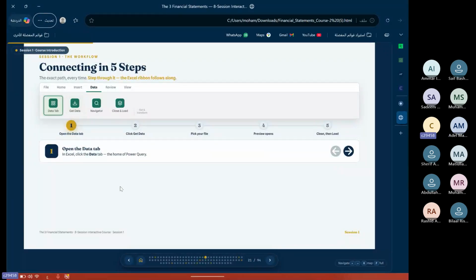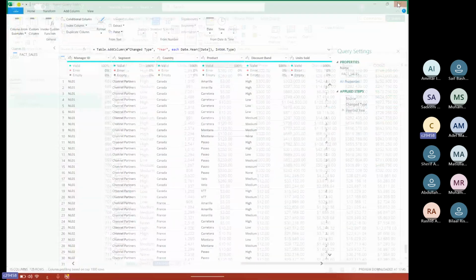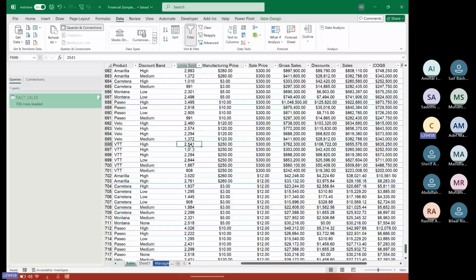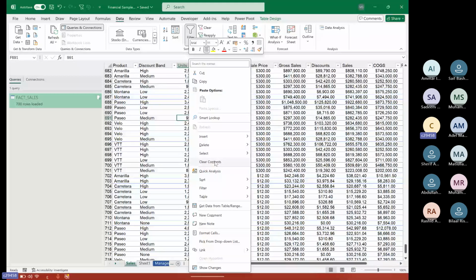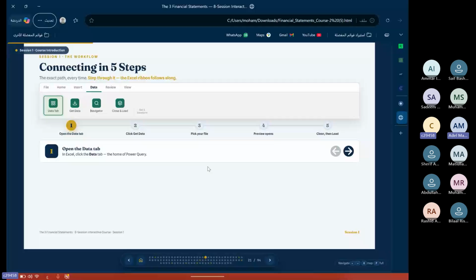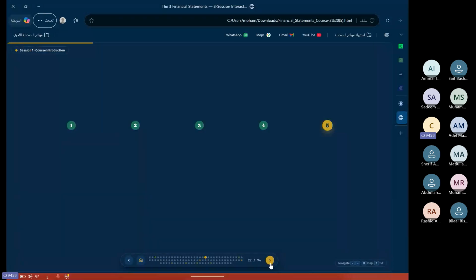And here, this is how we connect. I think we already connected one Excel table. So now it's easy. You open the Data tab, then from here Get Data, and if you have any Excel table you can click and get data from table. So open the Data tab, click Get Data, and then pick your files or your folder or anything that you need to download. Then you make any of your changes, as we inserted a year column, then close and load. So you have everything ready for you.